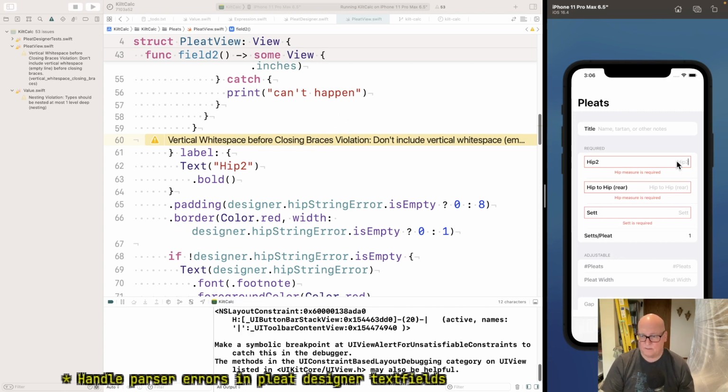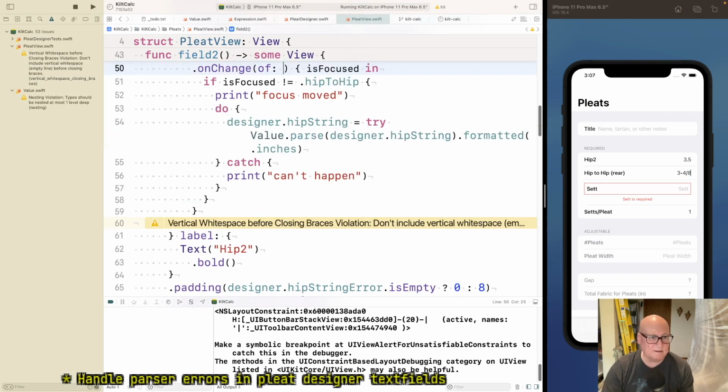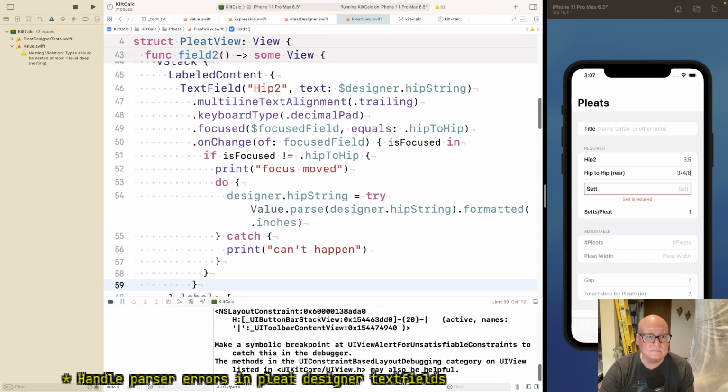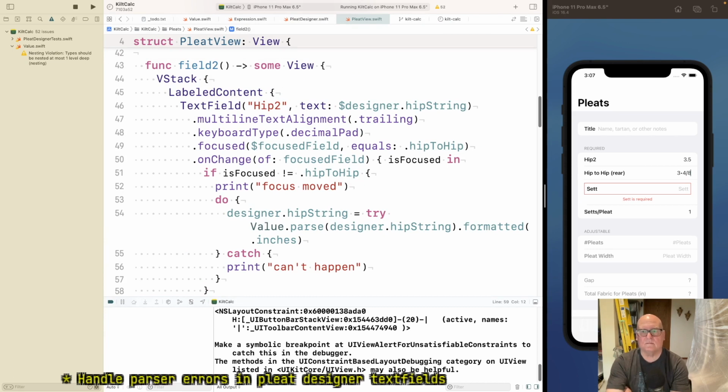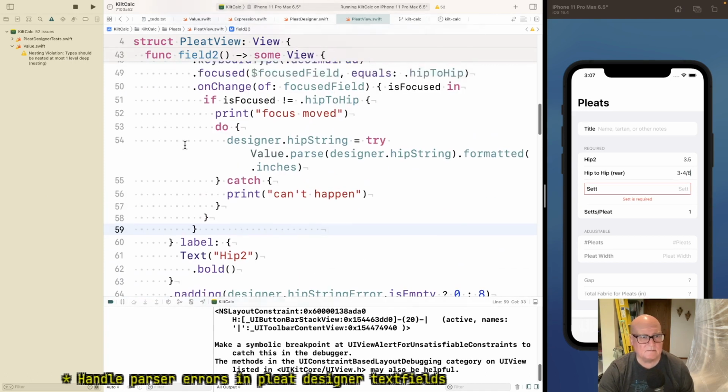All right, so 3.5 tab did not print, did not do anything. I think I'm stuck.